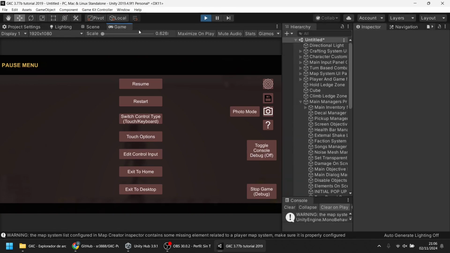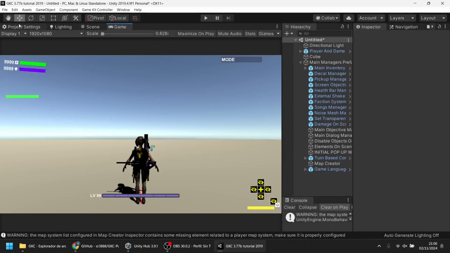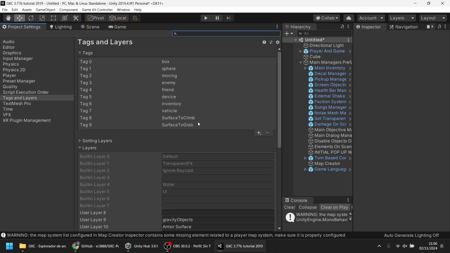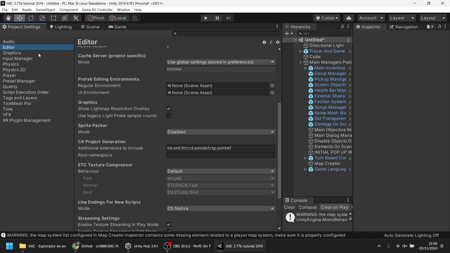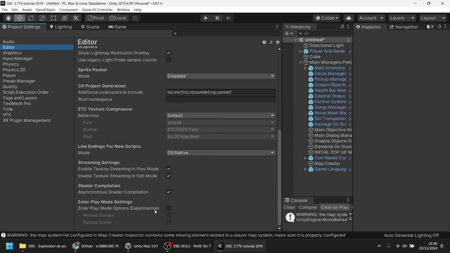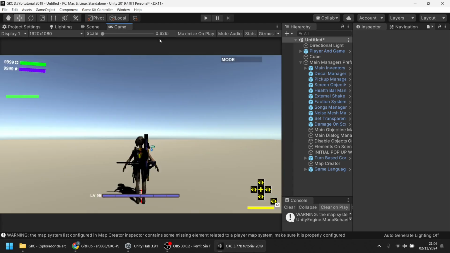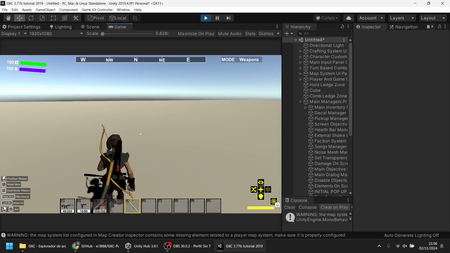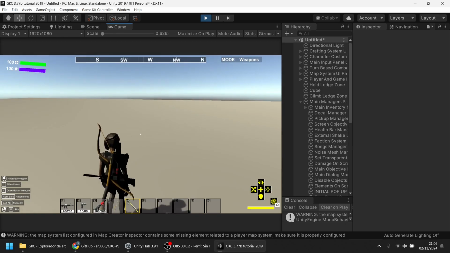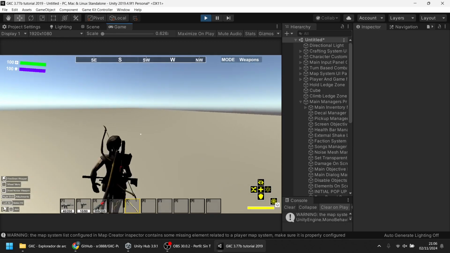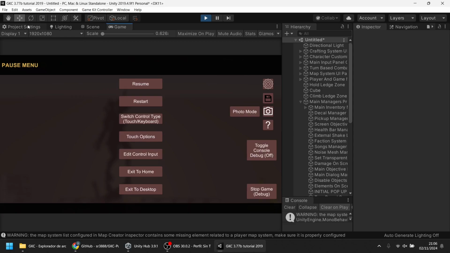A final tip that I'm going to tell is that in project settings, in any version of Unity from this one up, you can go to the project settings editor window, and here in enter play mode settings, you can enable it and just use the reloaded scene. This will make it so that when you hit play, the game will start much faster here on the editor. By default, this is activated, I think, in 2020 of Unity or higher. I can't remember, but you can, in any case, check it here.